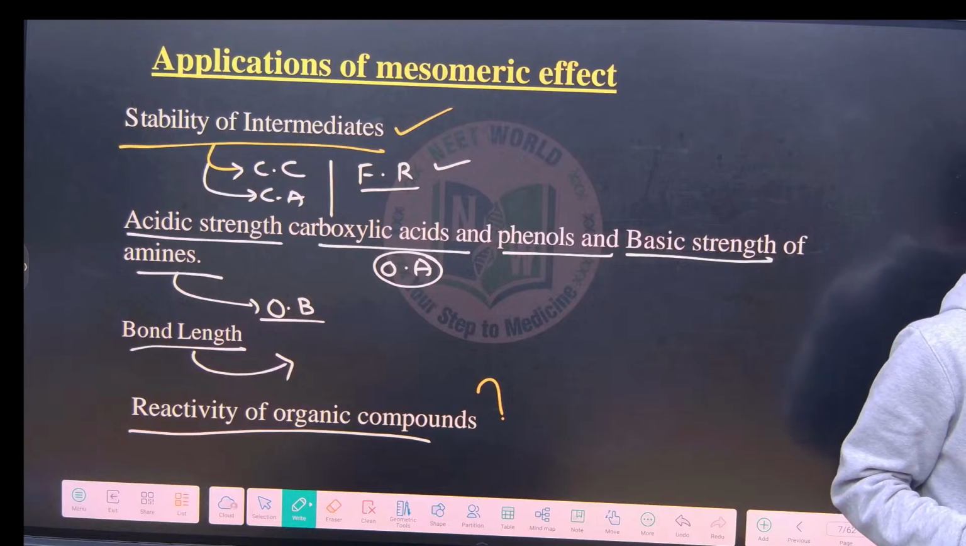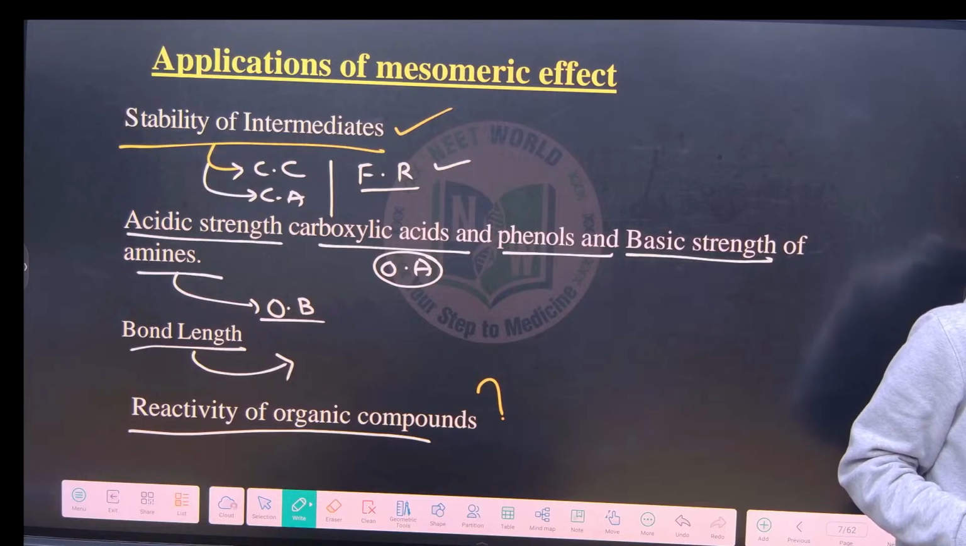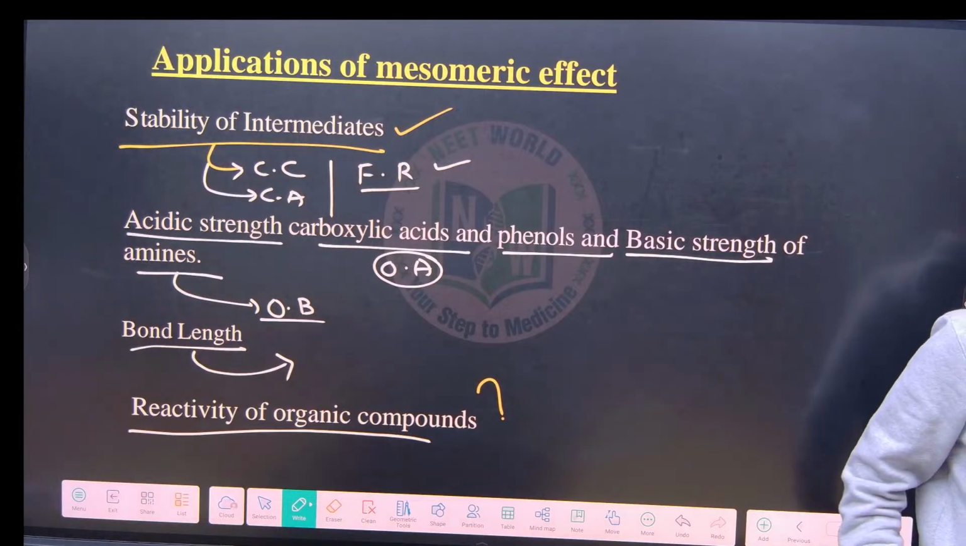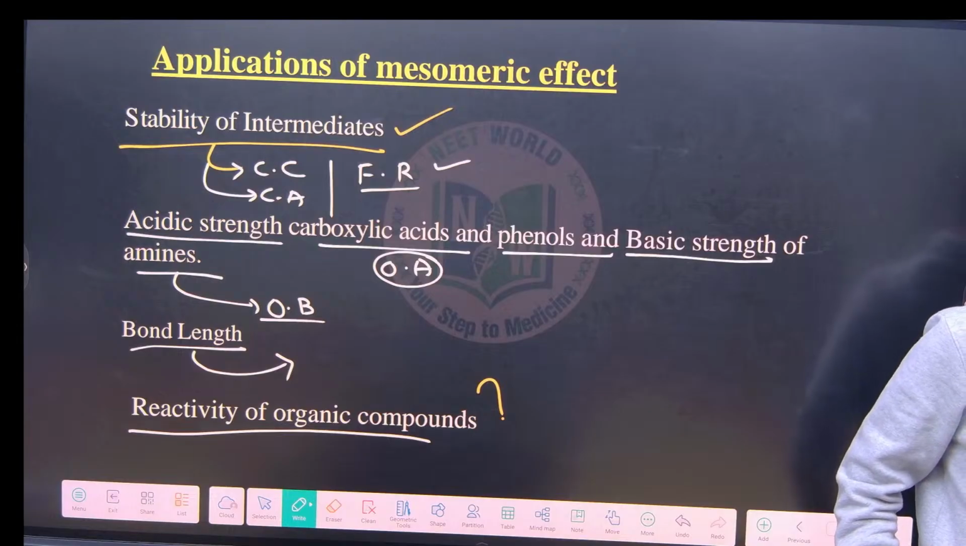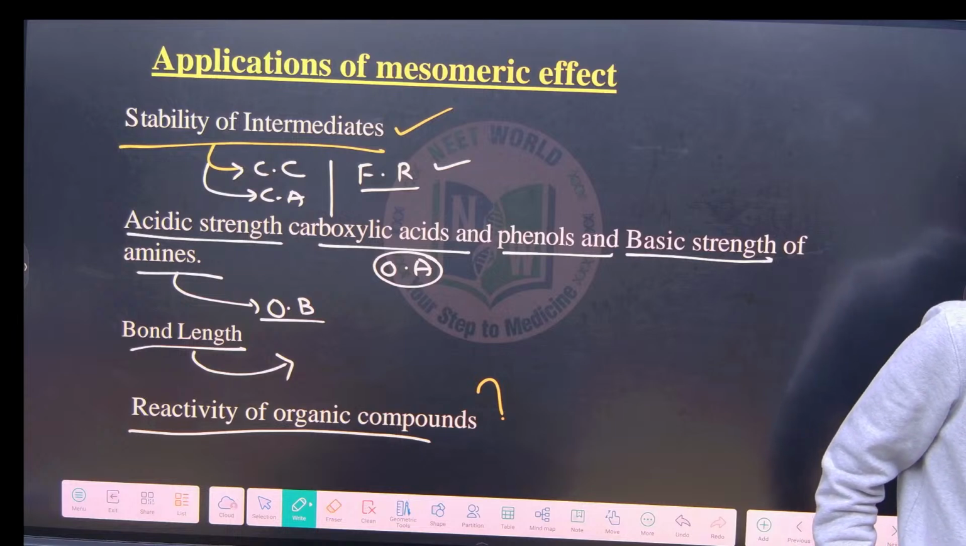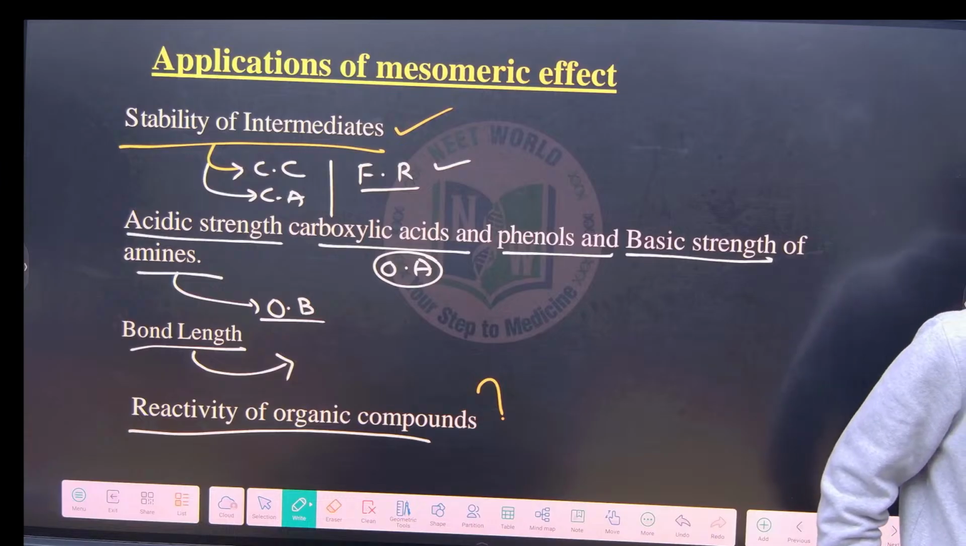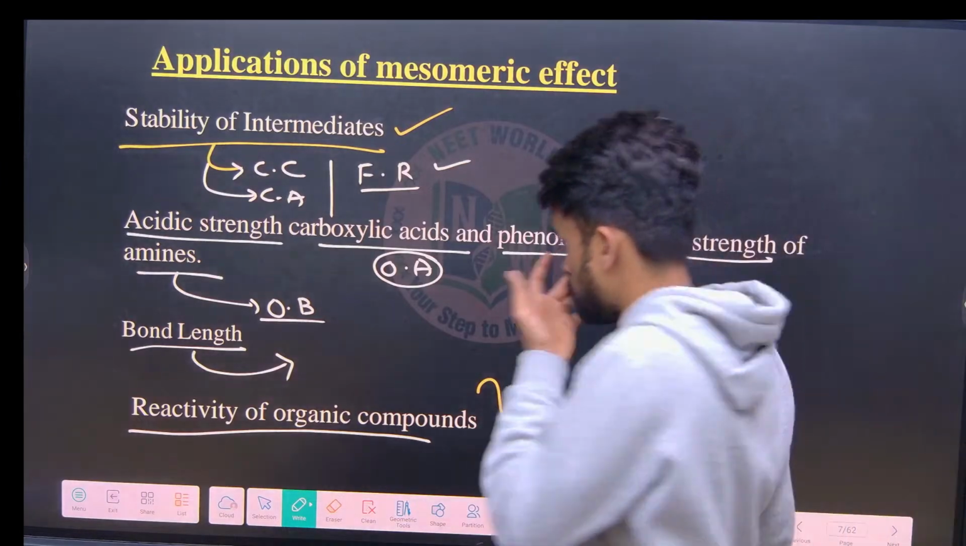Yeah, let me explain this and let me check whether everything is clear. So which organic compound is it? Yes. Yeah, so here